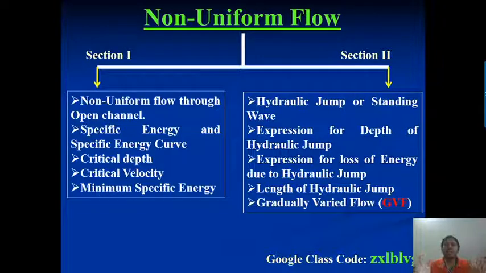So to prevent the scouring action at the downstream side of the dam, we are constructing the stilling basin, and we are providing the cut walls in the stilling basin, so that when the water flows at the downstream side, it starts dissipating, and this dissipation starts in the form of the hydraulic jump. So that is where we utilize the major concept of using hydraulic jumps in hydraulic structures. So this is one of the best examples for considering hydraulic jumps.